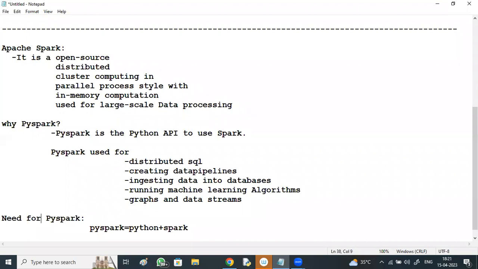See, Spark is an execution model. The execution model we are implementing using the Python language.